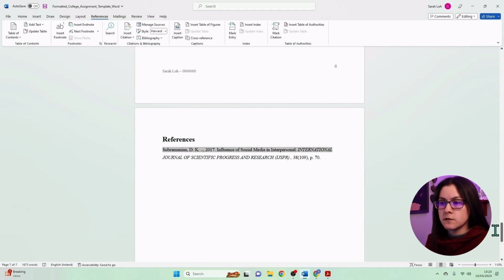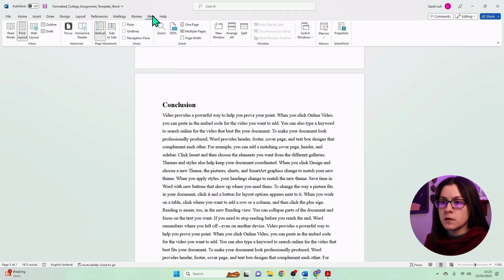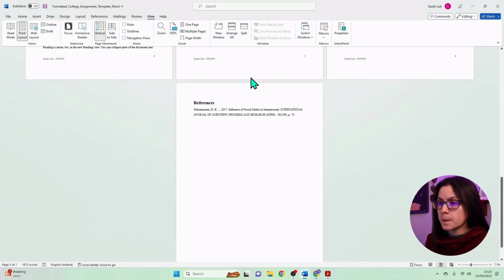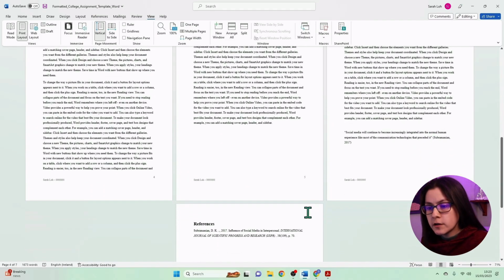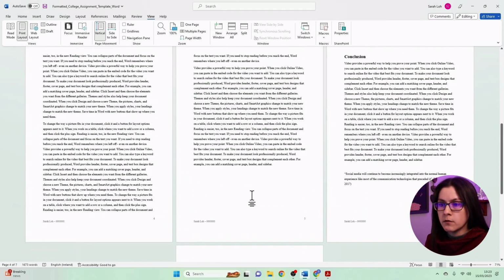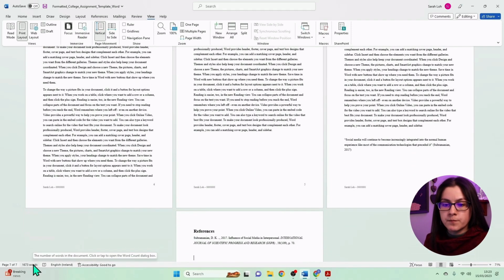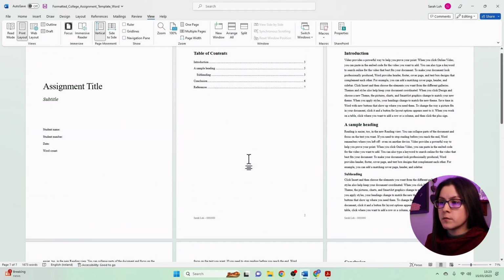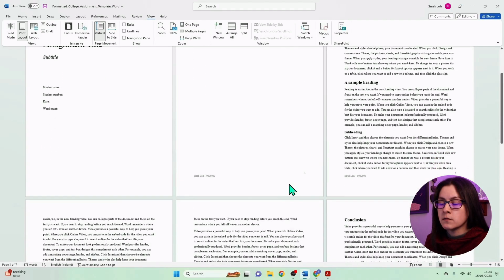And the last thing you need then is the word count. Okay, so I'm just going to go to View, Multiple Pages, and I'm just going to go up here. So your word count generally doesn't include your references. Okay, so how do we get the word count? So down here we can see the entire document is 1673 words, okay, but we don't want to include references in that. So let's go up to the introduction, click the mouse just before introduction, scroll down,